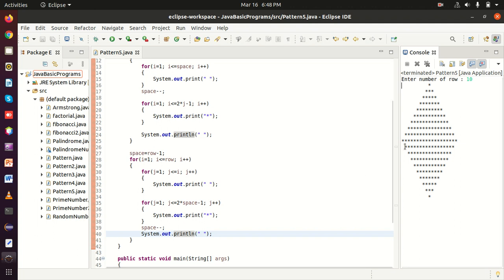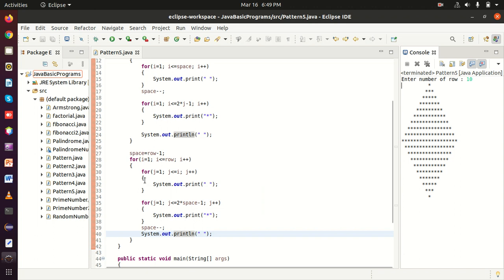Now j will be 2. Is 2 less than 1? No. Is 2 equal to 1? No. That's why, since the condition is false here, this loop is not going to work and it will terminate.